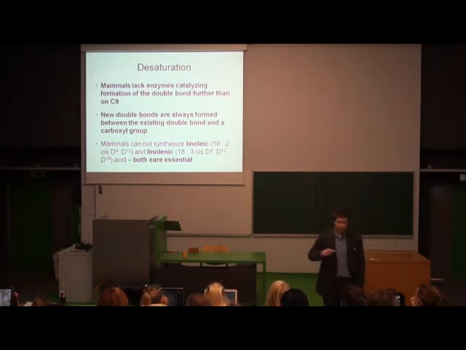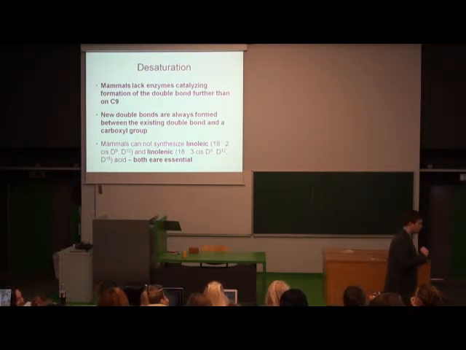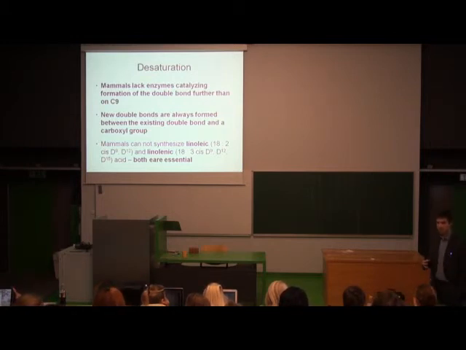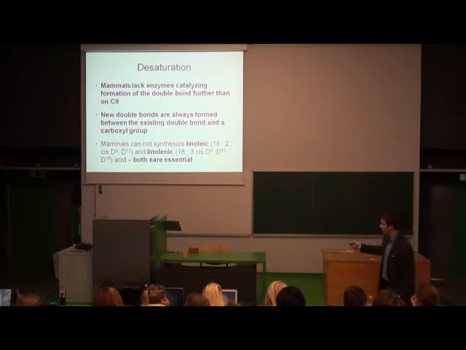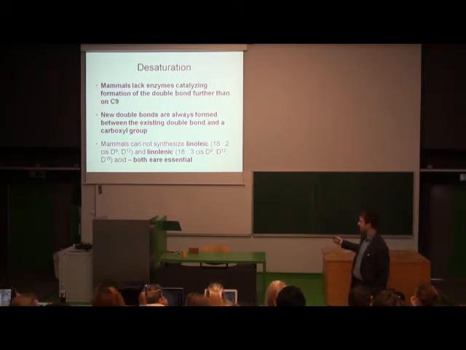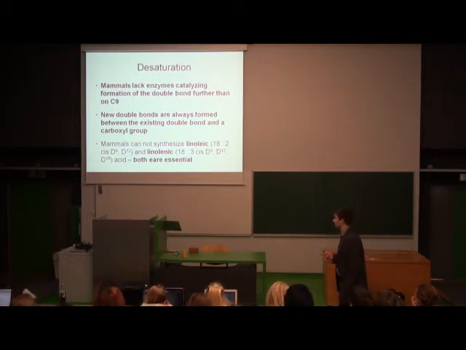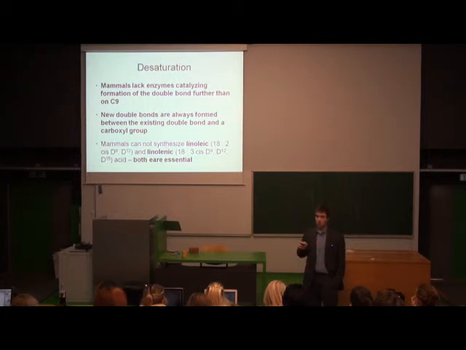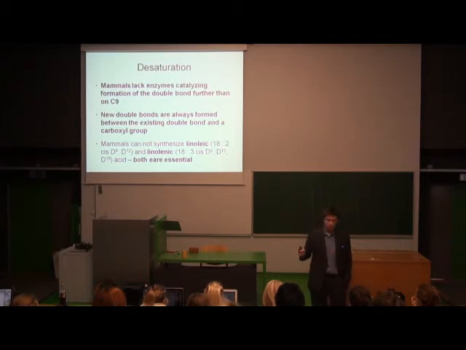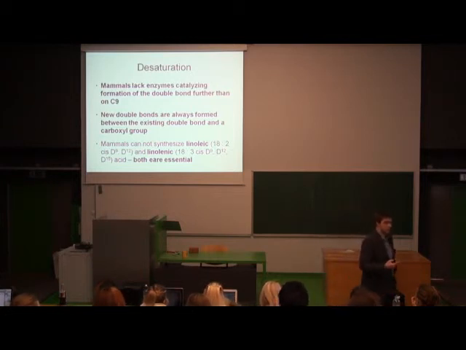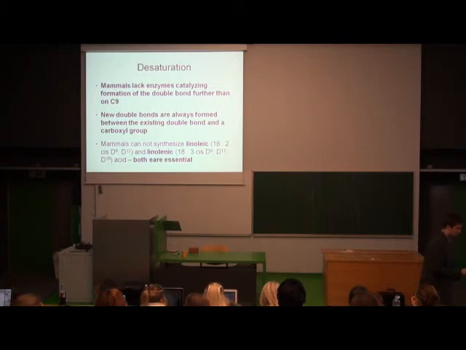Yes? So there are some acids that also have a double bond behind number 9, and we can produce them. But only if we have in our body these essential fatty acids. Yes? Of course, these are also essential, for example the arachidonic acid. But not directly essential, it's a potentially essential fatty acid. So we can produce them, but only if we have essential fatty acids.